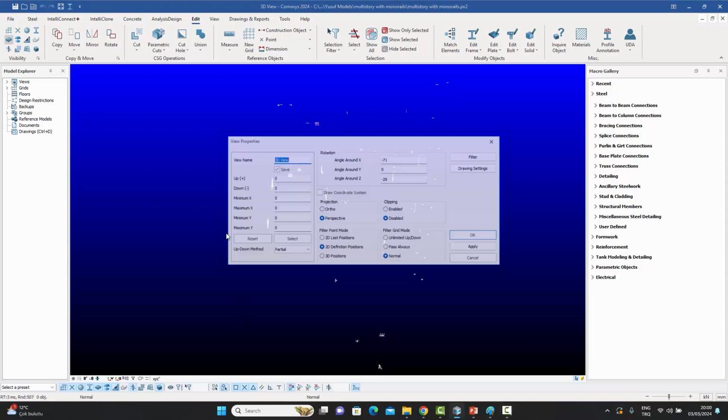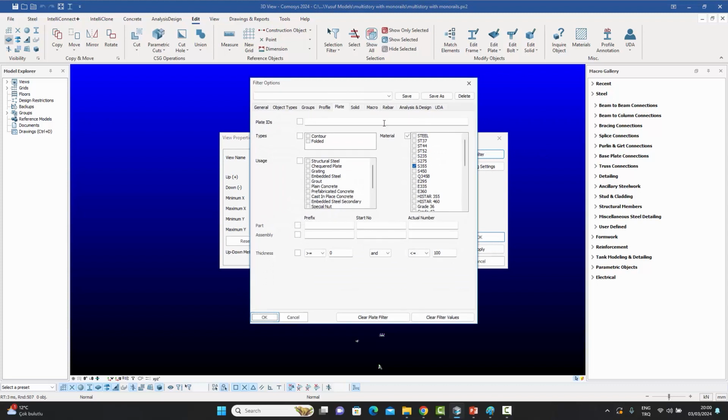Similarly, you can also now filter under the plates section. Let me just remove this filter, and now I want to show you this thickness related filter. So you can filter according to the thicknesses. You can say, show me the plates which have a thickness of greater than 5 millimeters, for example, and